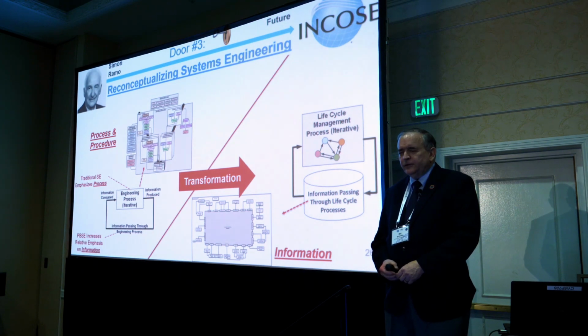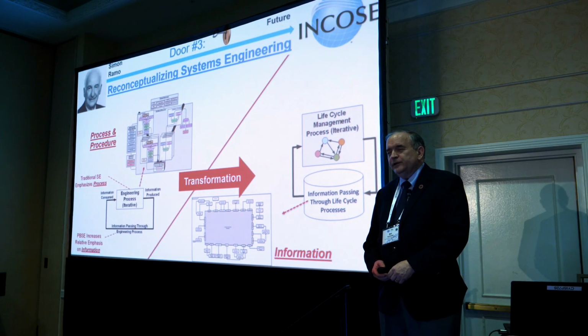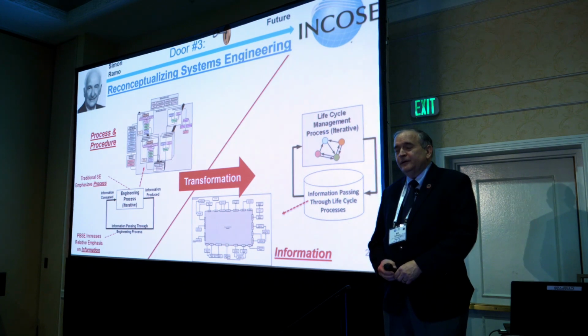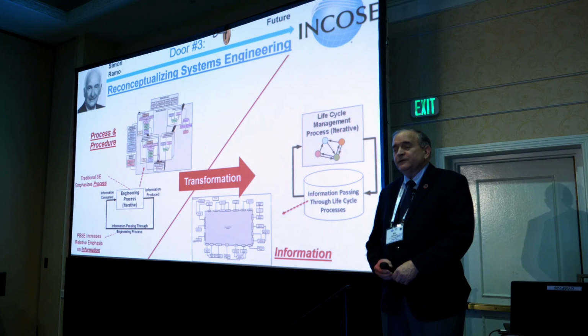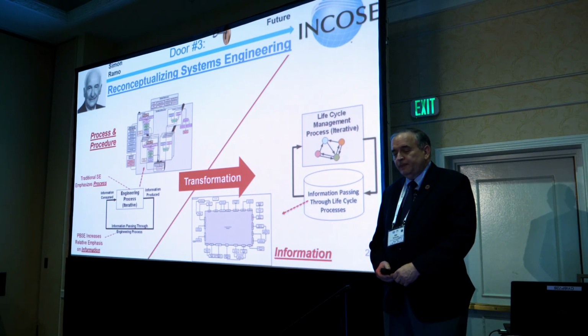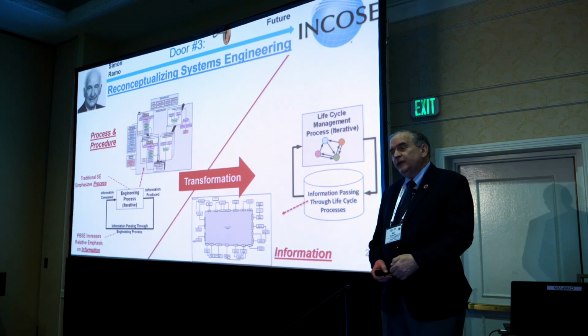And so this transformation, whatever it may be, we think is much heavier on the representation of the underlying thing that we're engineering. And so that's why modeling is also important, is that modeling is how our last 300 years of engineering and science progress really happened. And we're catching up with that now as system engineers, which would make us think that there'll be a shift in dominance. You might still have some procedures, but we'll be much more heavily dependent on what the information is telling us